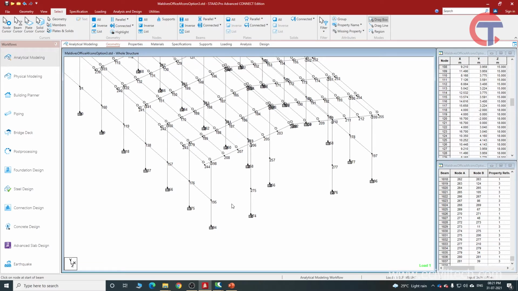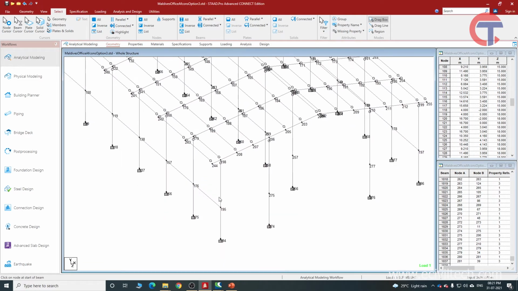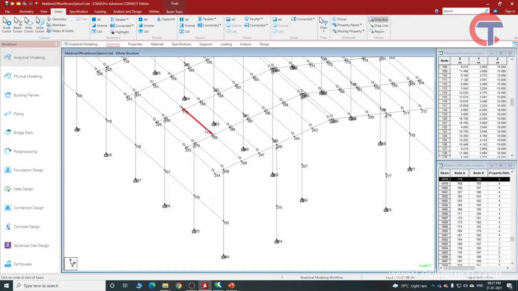Now what is the second use of the node? I will explain in some other video also, but here I will give you some basics. Nodes also help to transfer the loads. Let's look at this beam. This is actually your purlin, and whatever load we are applying, dead load, live load, all the loads of this purlin will be transferred to this rafter and this one. So these two rafters will take the load of this purlin, and then the load of these rafters will get transferred to these columns.